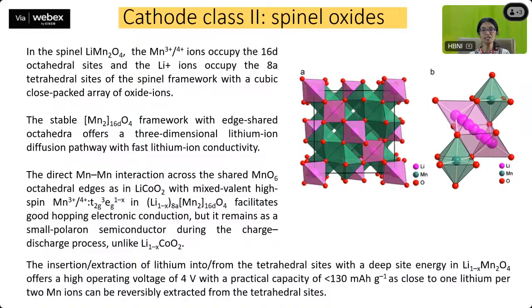So the insertion and extraction of lithium into and from the tetrahedral sites with a deep site energy in Li1-xMn2O4 offers a very high operating voltage of 4 volts with a practical capacity of less than 130 milliampere hours per gram, as close to 1 lithium per 2 manganese ions can be reversibly extracted from